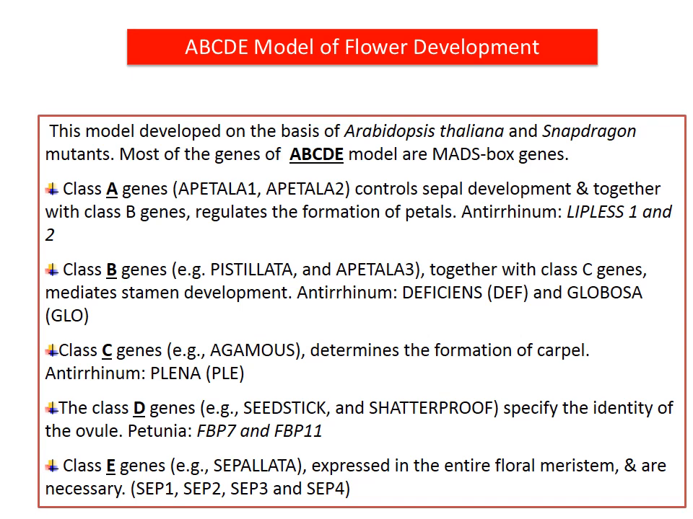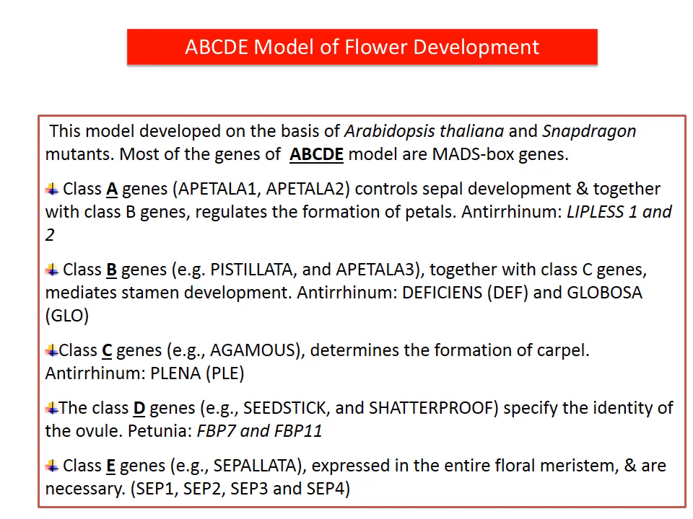It's all about the ABCD model of flower development. This model was developed on the basis of Arabidopsis thaliana and snapdragon mutants. Most of the genes of the ABCD model are homeobox genes, as already told. Class A genes consist of Apetala 1 and Apetala 2, which control sepal development, and together with class B genes regulate